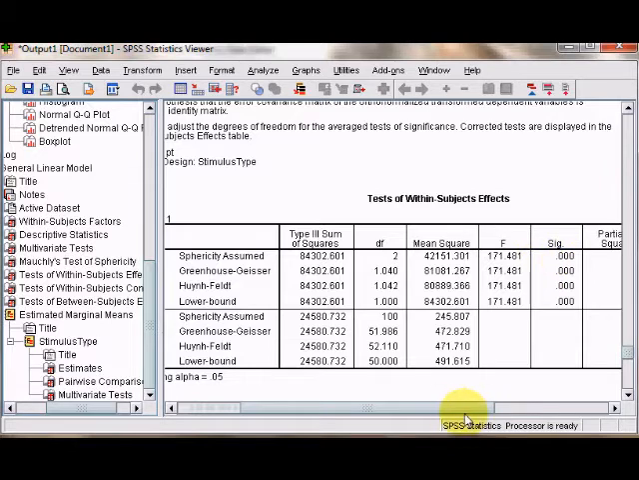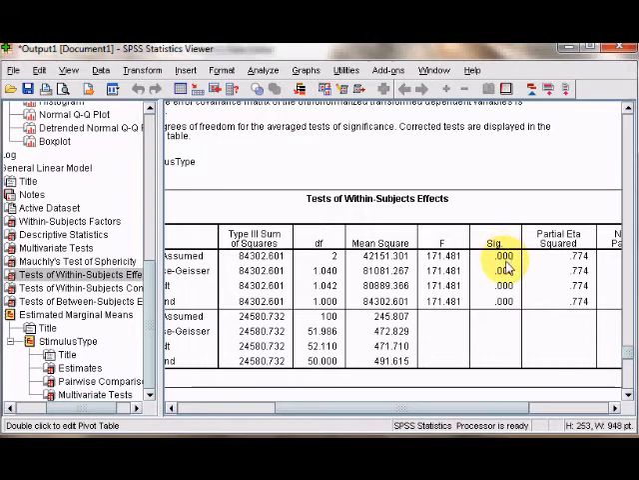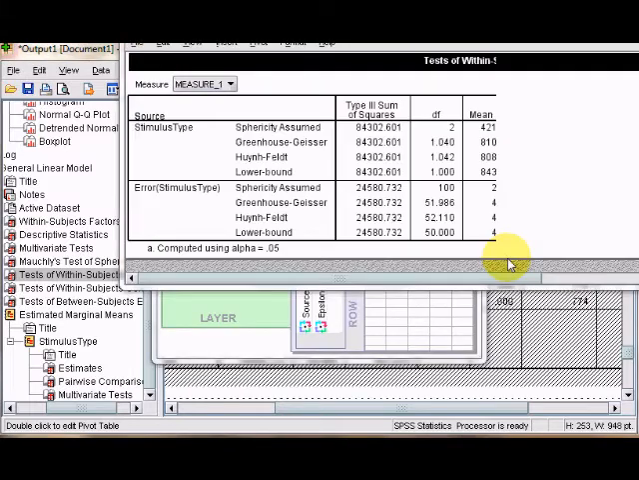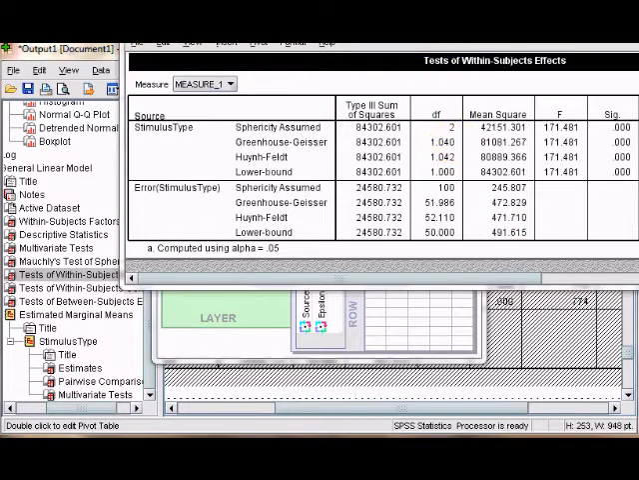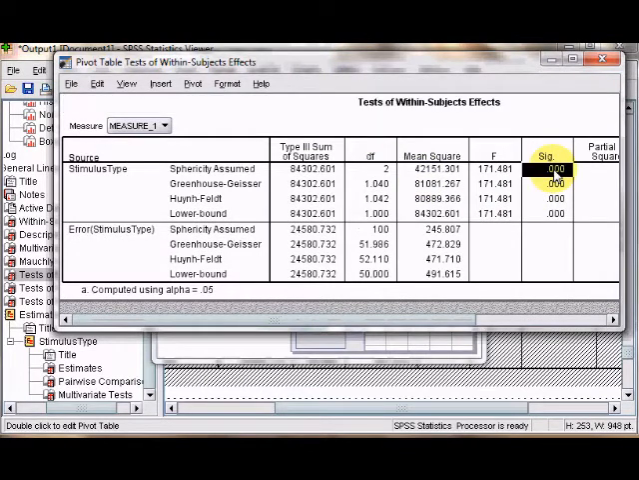Here's your significance level. It says 0.000. Now, as we know, you can't have a probability of exactly 0, so this must be a rounding error. And I'm just going to show you a little trick in SPSS. If we click in this table and then double click on this value here, the table will open up. So if we double click into this value here,